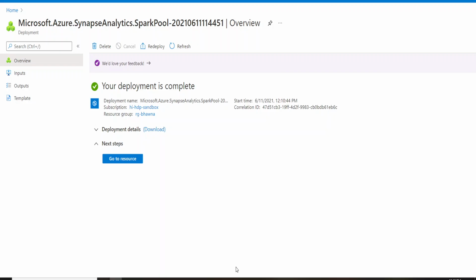In that case, an altogether new Spark instance will be created for the person X to whom I have given the access to the Spark pool, and he or she can submit his job to the Spark pool and it will actually run. And there will be complete isolation of the work. I will not be able to see what the other person is doing, and the other person will not be able to access what I am doing. So we have complete isolation as well as the security.